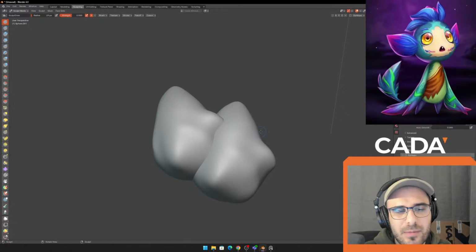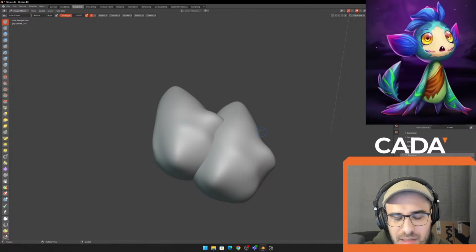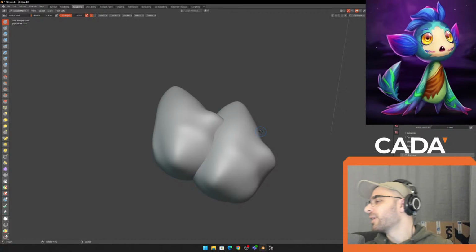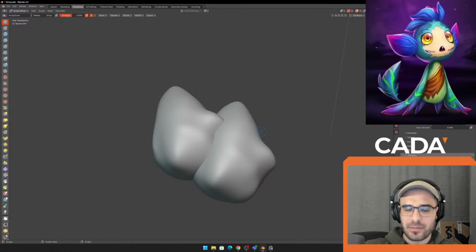16 gigs of RAM. I mean, you probably can. It's obviously better to have a nice PC when you're doing these kind of 3D things, but